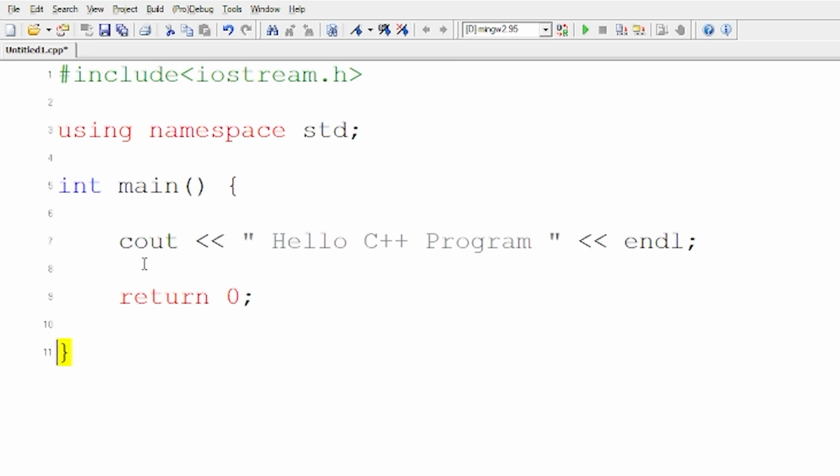So that means if by chance somebody asks you what is the scope of the cout, it is starting from here until here. So that is a basic starting of C++ and how you can print something. I hope you have understood some of the points which I have told you.